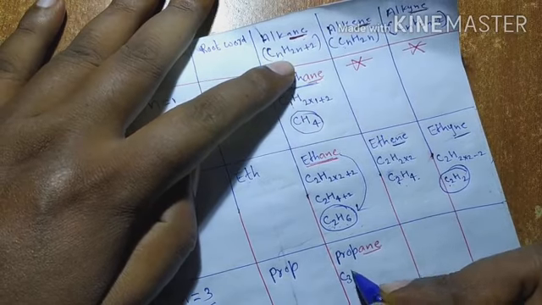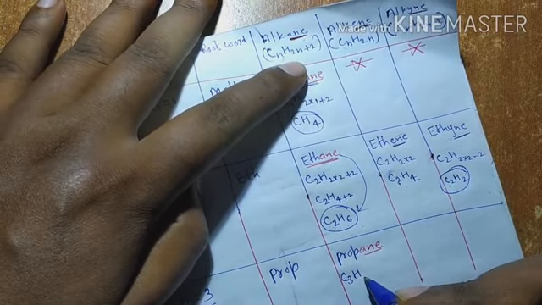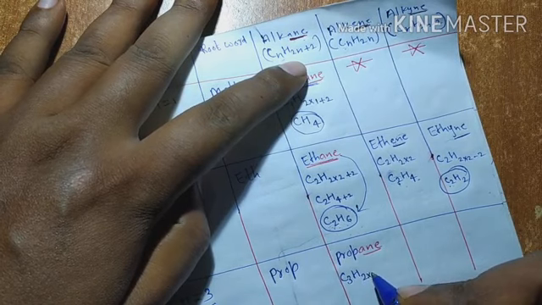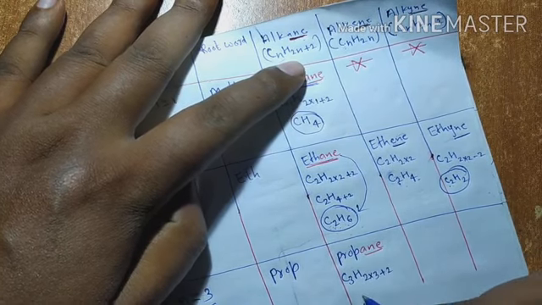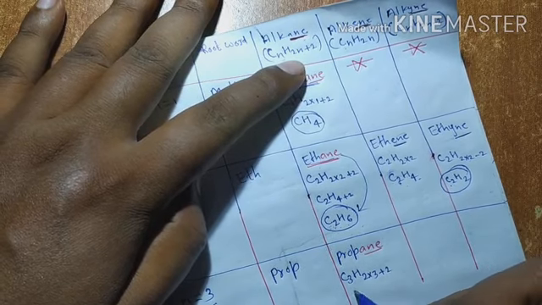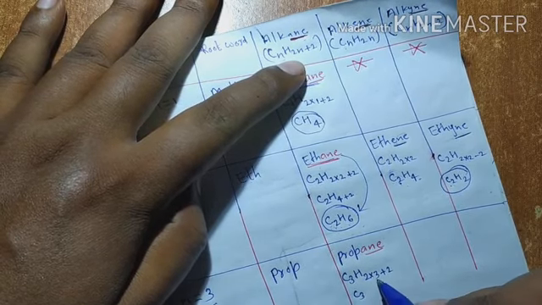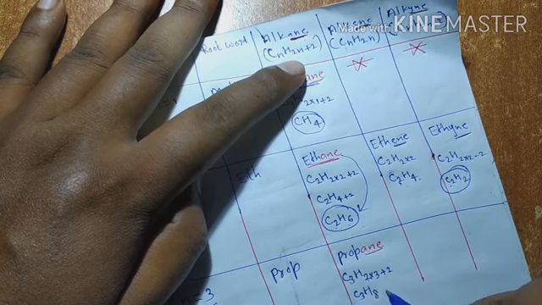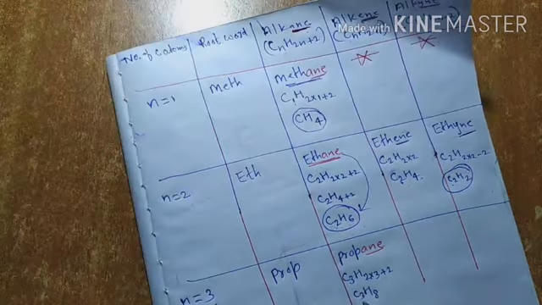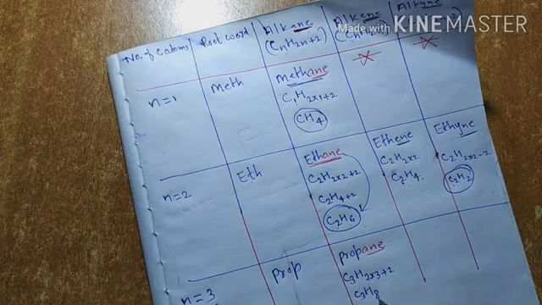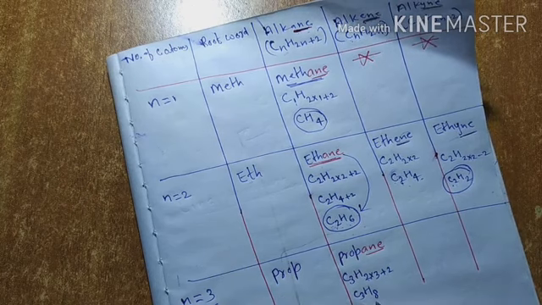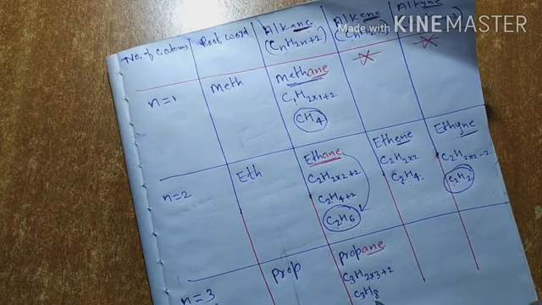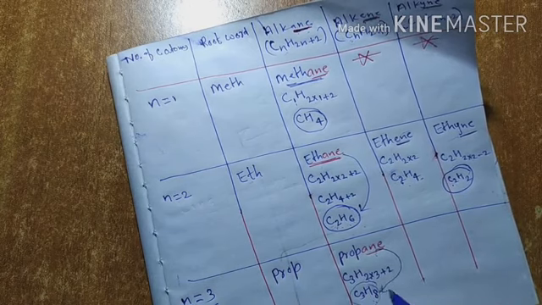C3H2 into 3 plus 2. So you will get C3, 3 times 2 is 6, 6 plus 2 is 8, H8. So just you can say 3 times 2 is 6 plus 2. First of all just double 3 to get 6, plus 2 is 8, C3H8, that is propane. This is the molecular formula of propane.